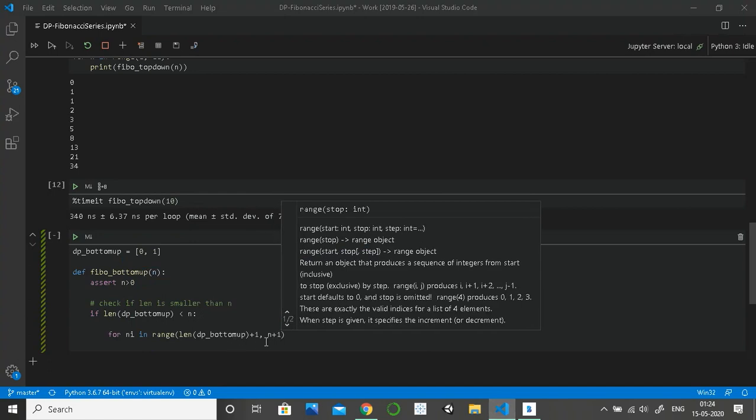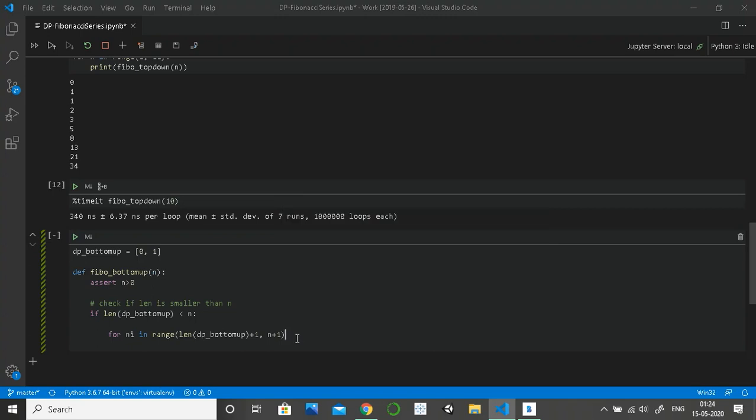The reason being, our range function always returns one less than the end of the range. So if we have n as 5, it will return up to 4, but we need 5 as well, so that is why n plus 1. Okay, now we have done that.